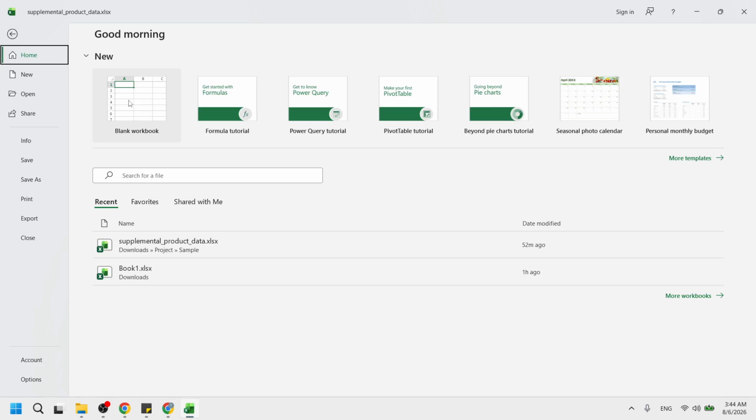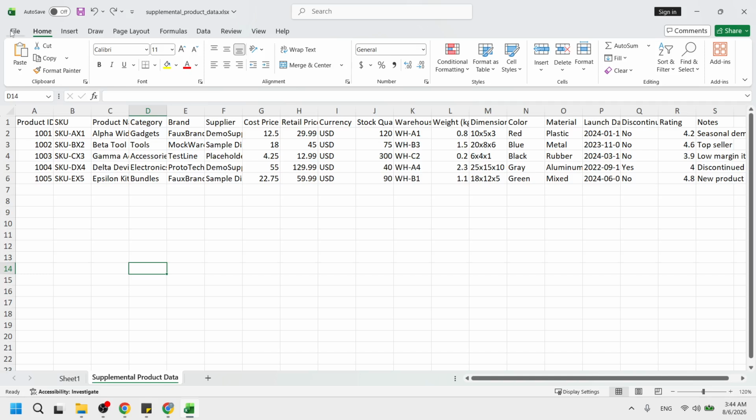Now open an existing book. Click on one of your recent workbooks on the left, or use the Open option to browse to the file you need. When it loads, make sure you are on the worksheet that contains the data you want to filter. You should see your columns laid out in a grid, with a header row at the top, such as labels for name, date, or amount.